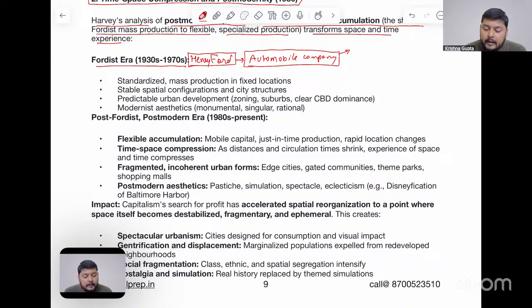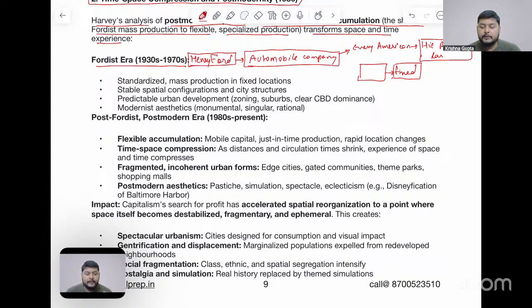system where every American who is above the age of 18 can get his own personal car. Okay, so this was one of the ideologies which was developed here. So by this particular concept, he saw that he has a production which was present in different regions of the world, okay, not only in United States, but उन्होंने ये देखा कि हम कहाँ कहाँ पे प्रोडक्शन यूनिट्स को इंस्टॉल कर सकते हैं, and he fixed those locations. In that time, majorly those were the United States of America only. So here he used to create an inventory.